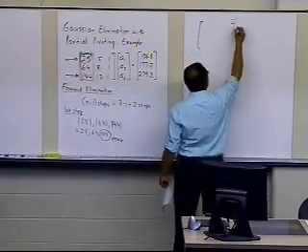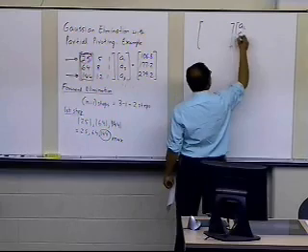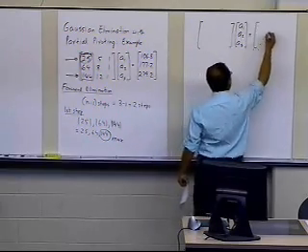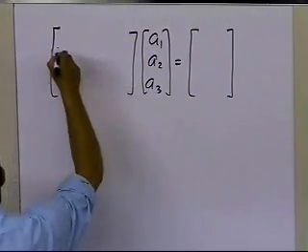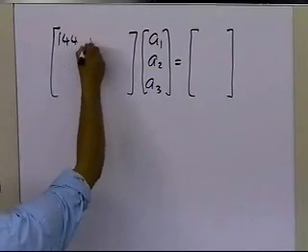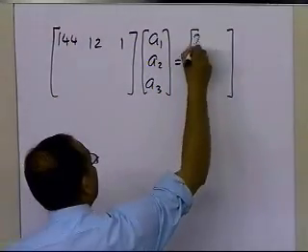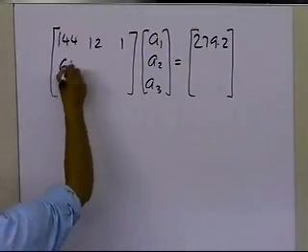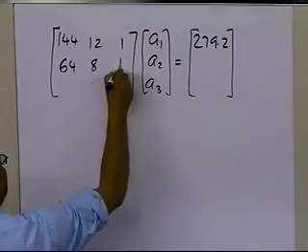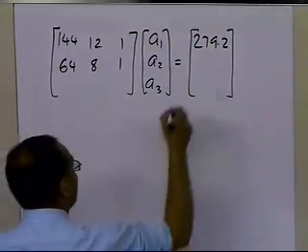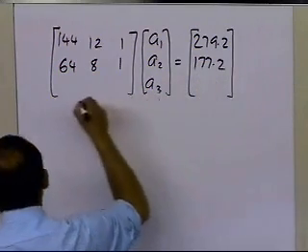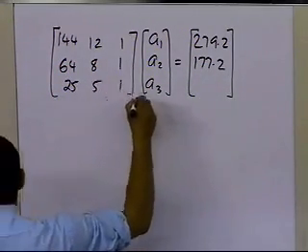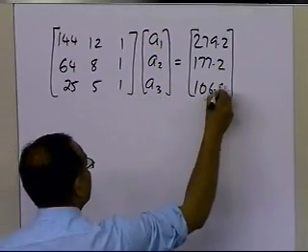We have a1, a2, a3, and now the third equation is the first equation: 144, 12, 1, and the right hand side also has to be switched. The second equation stays the same because the switch only takes place between row 1 and row 3. So we have 25, 5, 1, and 106.8.